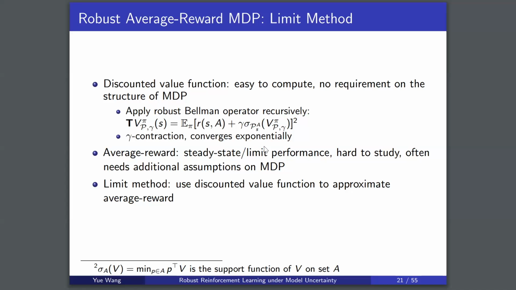So what's the V here? V is the value function, or the discounted value function. And what's P? P is the transition kernel, or the probability distribution of the next state. So for a particular state you get a transition distribution, you have a vector, and you find the dot product of that. It's like the expectation of the value function. Traditionally they won't use the minimum. They only use P times V, because traditionally there is only one transition kernel P.